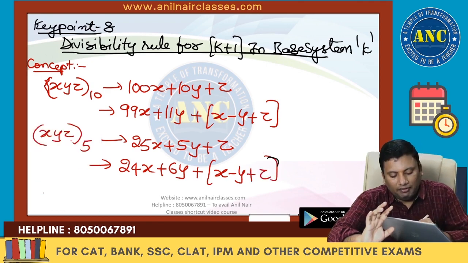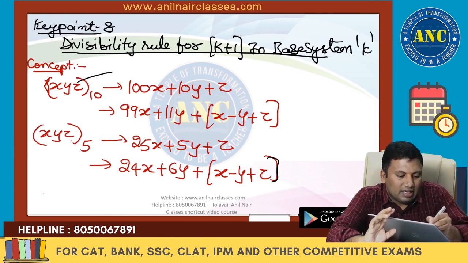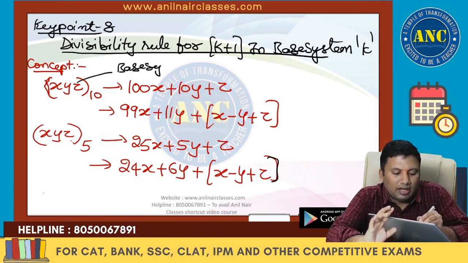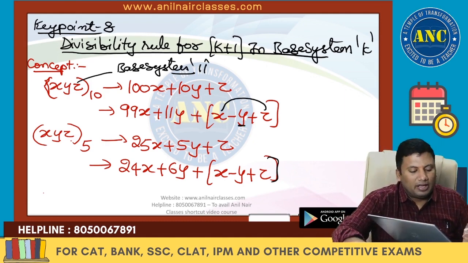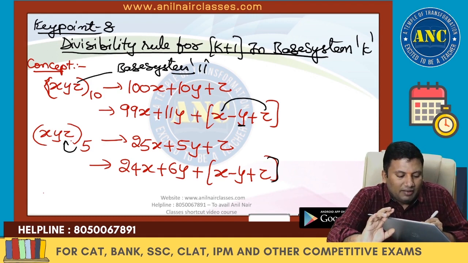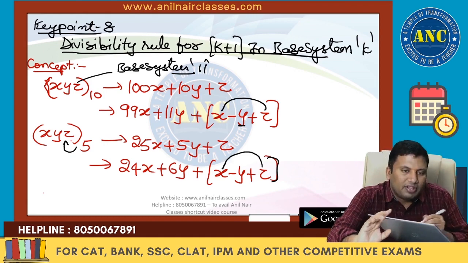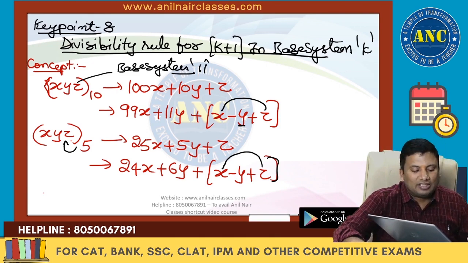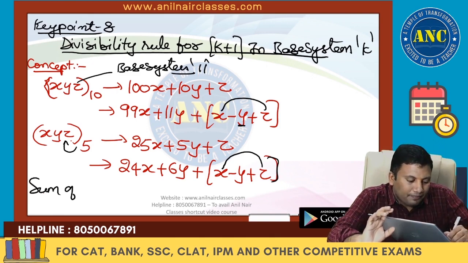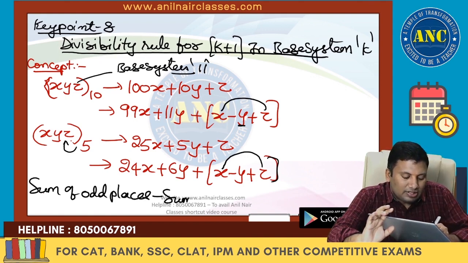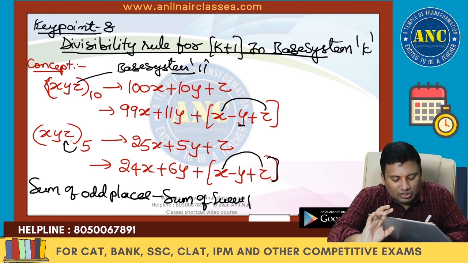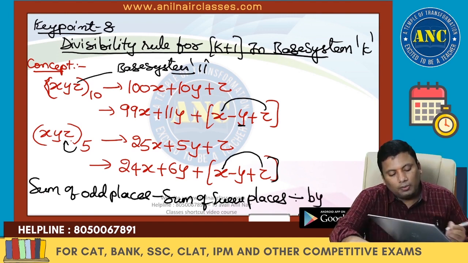Now if you observe closely, in base system 10, for 11, the divisibility rule is the sum of the odd places minus the sum of the even places. In base system 5, the divisibility rule for 6 is the sum of the odd places minus the sum of the even places. That means the sum of the odd places minus the sum of the even places should be divisible by